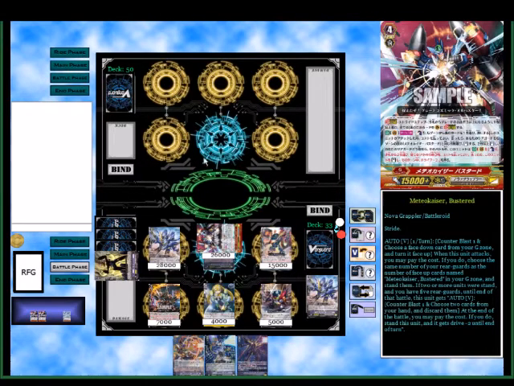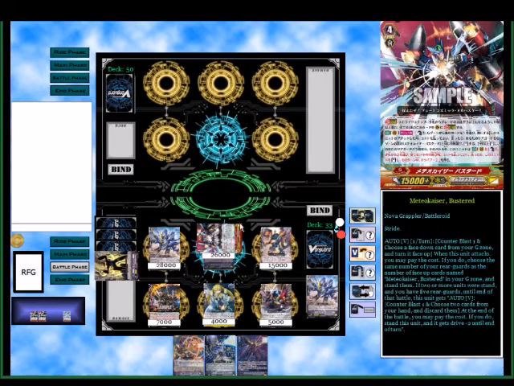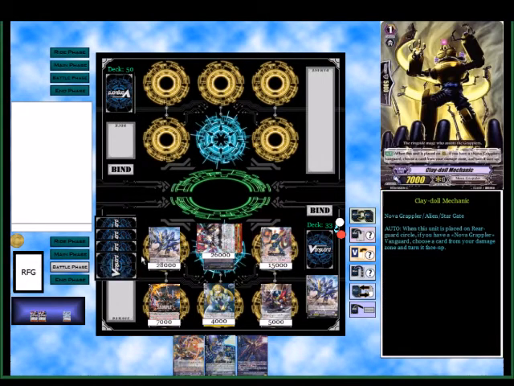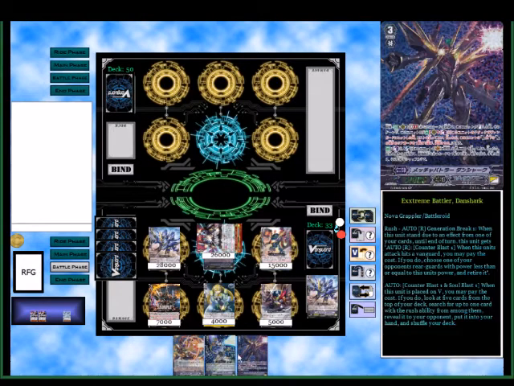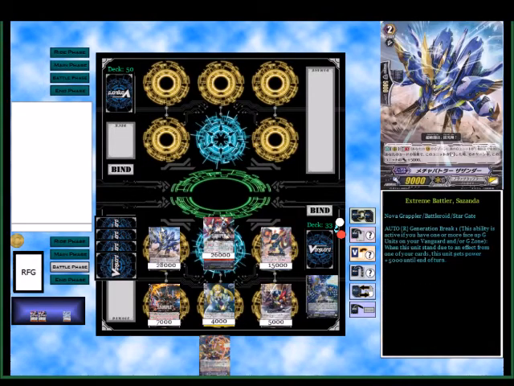Alright, and so after the battle, since 2 units stood, your Abarail and your Malyaki, the second part of Bustered triggers. So you counterblast, then you discard 2, and then the Vanguard restands again. And then from here, we're gonna